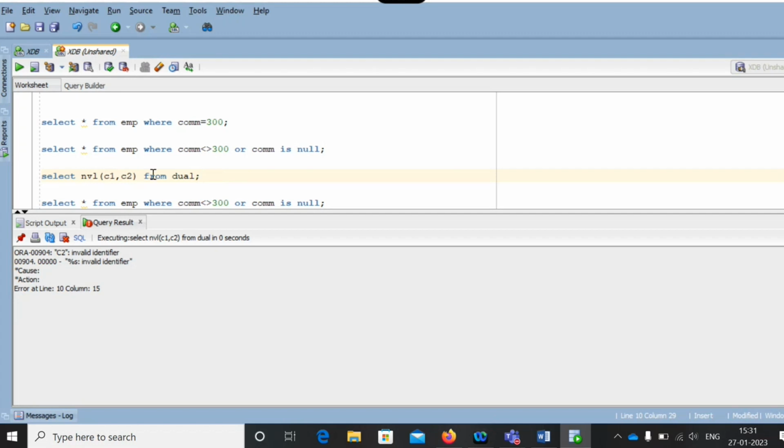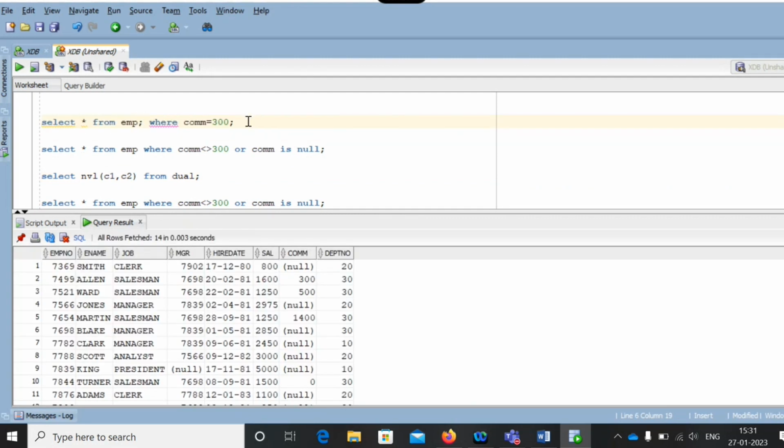See, I want to display the employee information here, right? I'm able to display 14 records here. Now I need to display commission. Who does not have the commission, I need to give a bonus.